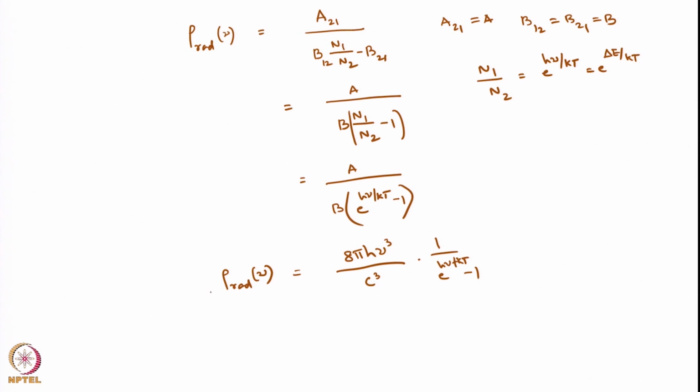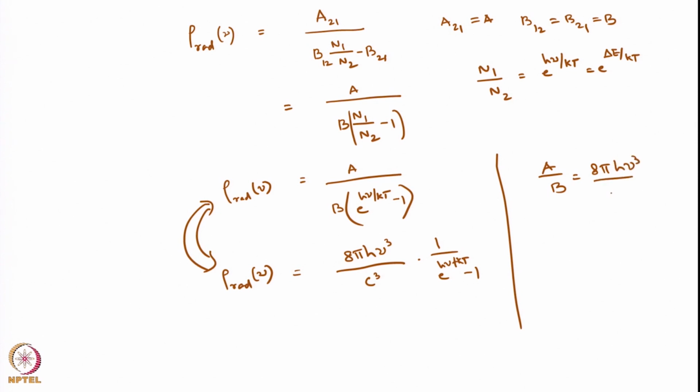Now, if I equate these two equations for rho radiation nu, then I can get A by B equals 8 pi h nu cube by c cube, and we also discussed that A by B is proportional to nu cube. Another thing that we looked at was starting from Fermi's golden rule,